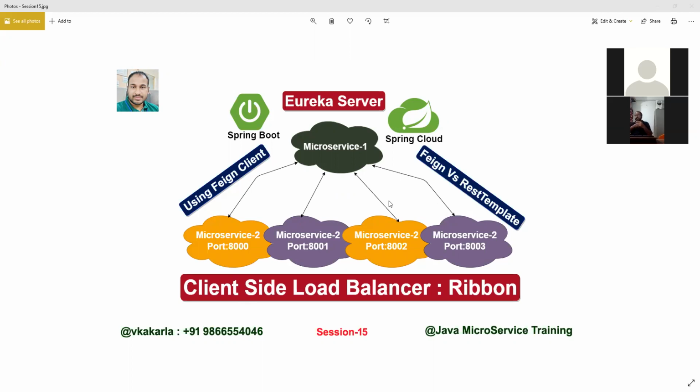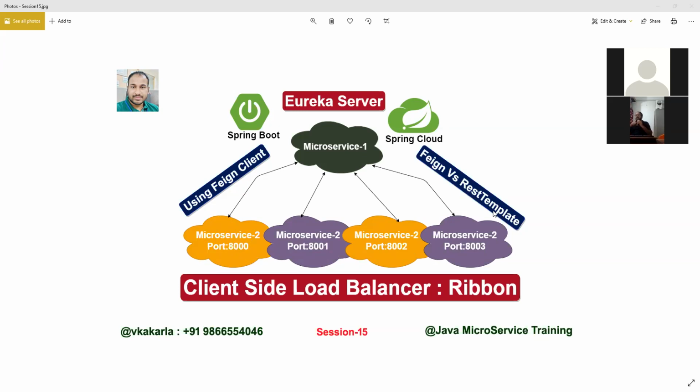So the port number will change dynamically. It is not a static port number. Why? Because whenever we are getting a huge number of requests, for example, assume service 2 is running on 8000. If it is running on a single port number, it is better to use the REST template. But if it is running on multiple port numbers, which means multiple replications of this service, multiple instances, we can say multiple JVM instances, at that time we should not use the REST template.